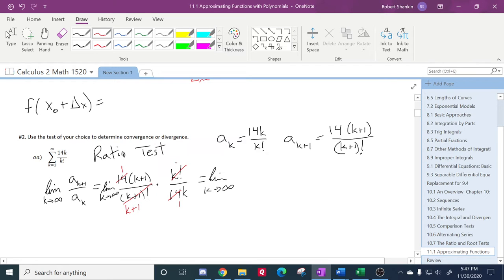Okay, so this is equal to the limit as k goes to infinity of 1 over k times k plus 1. And this thing, the numerator is stuck at 1 while the denominator gets bigger and bigger. So this limit is clearly 0. And on the ratio test, we didn't have to get 0. If we'd have gotten any finite numbers,